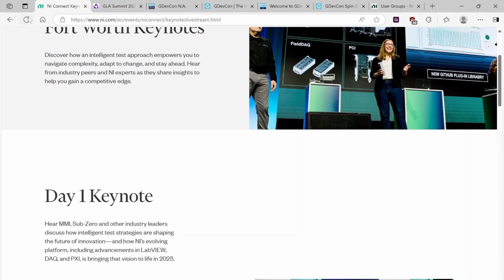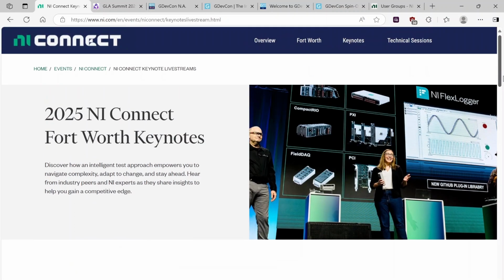So, for example, this year they kind of demoed these new Field DAC devices. They kind of brought them back, but some enhancements to C-Series cards, different hardware modules. They demoed some of their new AI enhancements with LabVIEW, stuff like that. So yeah, just a good place to find out what's new in LabVIEW, what does the roadmap look like, and to just interact with people from NI.